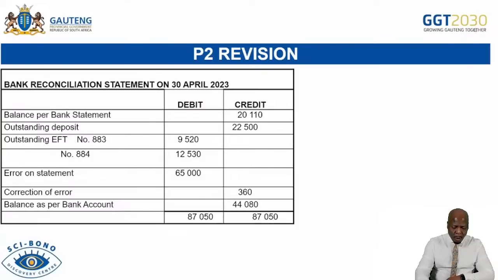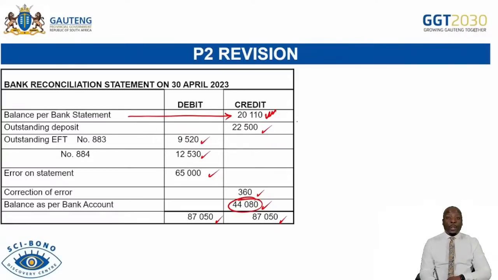Now let's see where we're going to take this amount. So when we come here now, we have already recorded all of these ones. Okay, not yet this one, but we've recorded all of these. So remember, our balance was on the credit side. So we bring it to the credit side as well. Balance as per bank account on the credit side. Then we look again for the side with the highest amount. In this case, it will be your debit, which is 87,050. Then you end up now with your balance as per bank statement on the credit side.